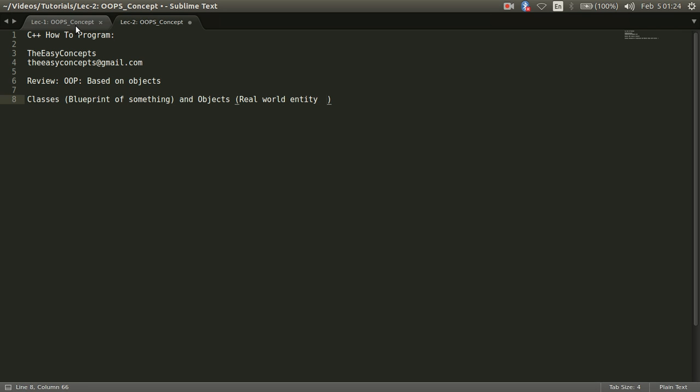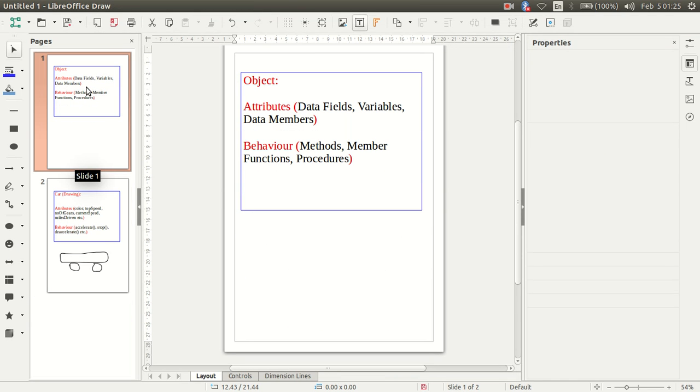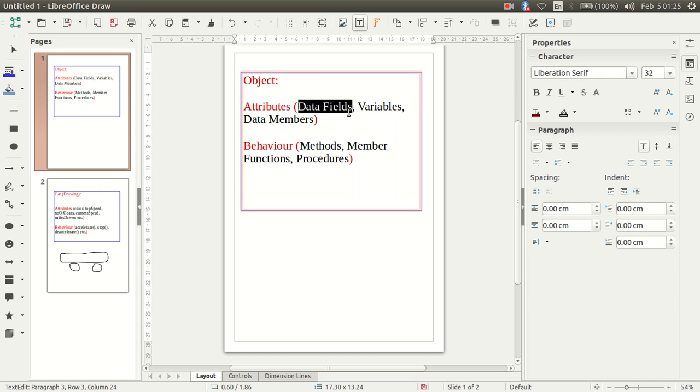that consists of two things. One was attributes and another was behavior. So I would like to go into detail of these attributes and behaviors. Let us see here. When I talk about attributes or features of an object, these attributes are also called data fields or variables or data members.